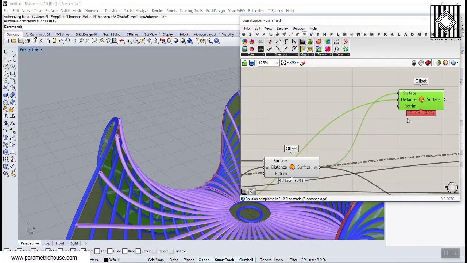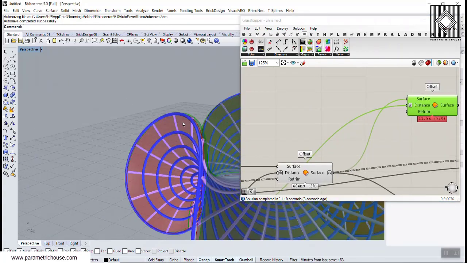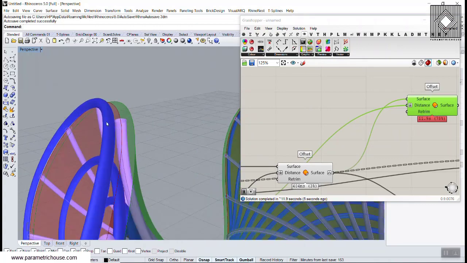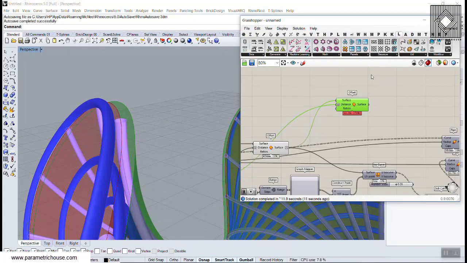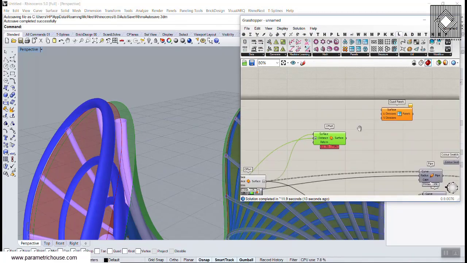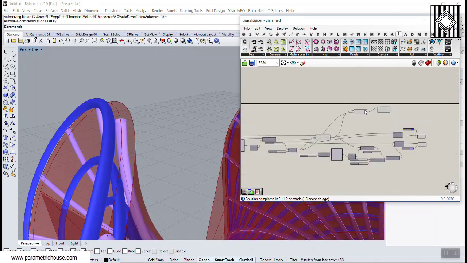I'm just waiting for this to be finished. Okay, and here we go, another offset. You can see here we have another offset. So this was the first surface, the second, and the third offset, and now we can go to the lunchbox, and maybe we just give this a simple quad panels. You can use those panels. Let's just change this